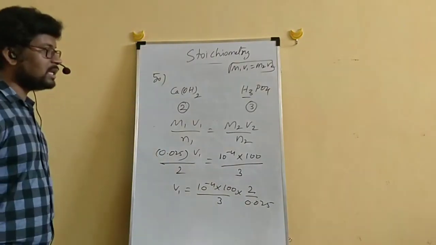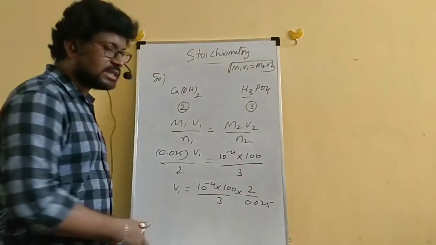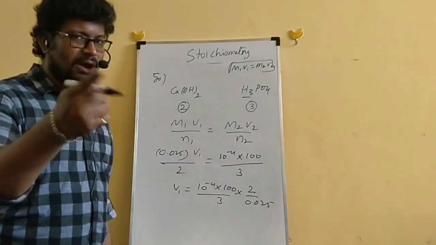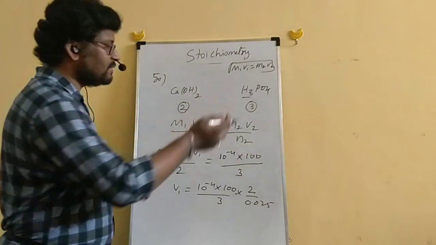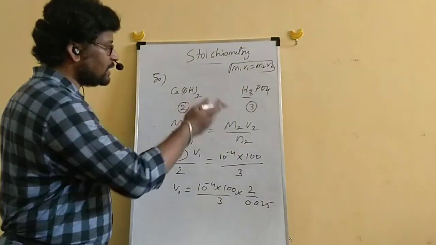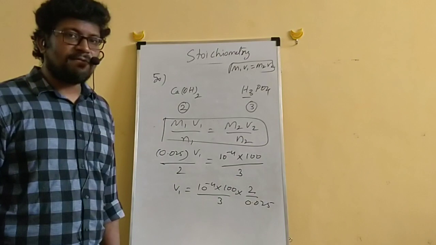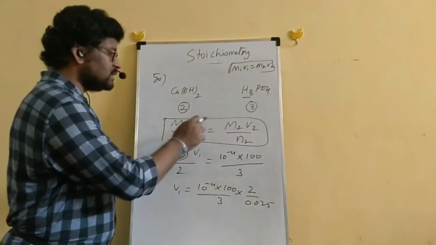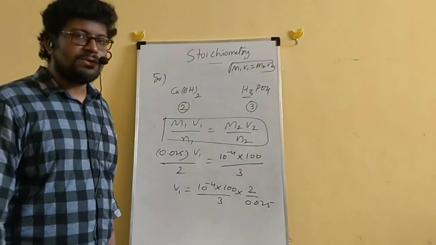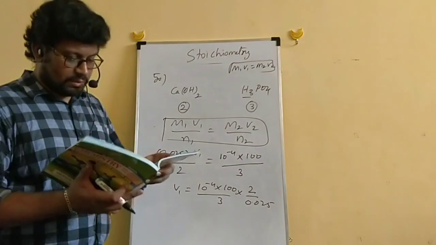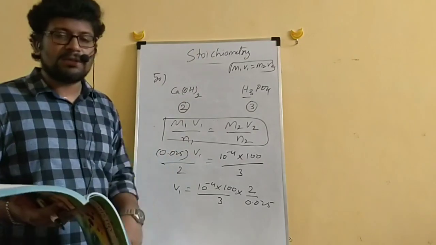So when we have unequal numbers of H plus ions and OH minus ions on the base side and acid side, in this type of neutralization reaction, which you have also done as volumetric analysis in the practical exam, we have to use this formula. Remember this carefully. In the same way, if they give normality, we can use N1V1 is equal to N2V2. There is no need of N1 and N2 factors in normality. In this way, we can do any neutralization reaction problems.